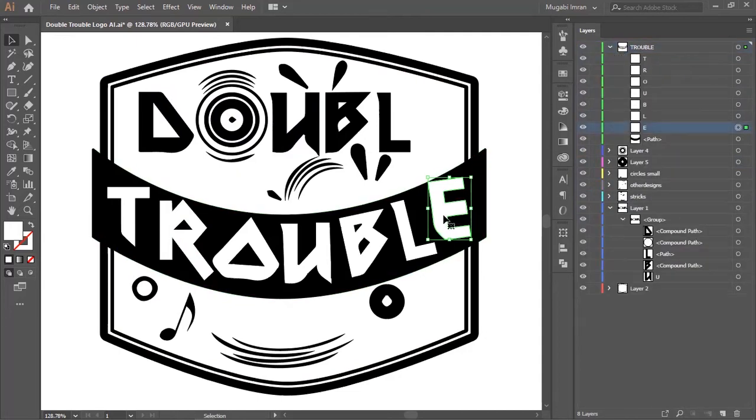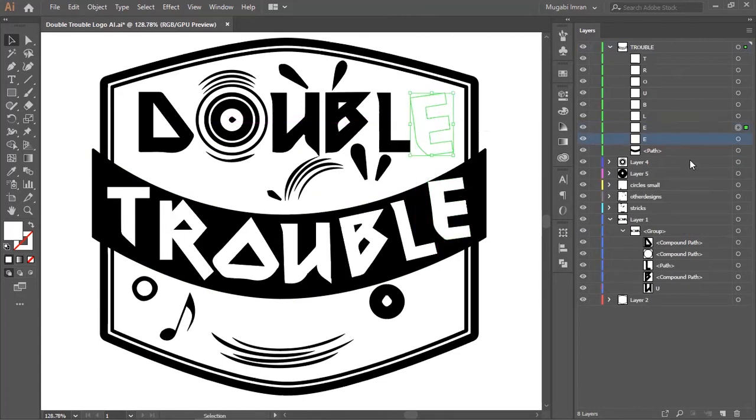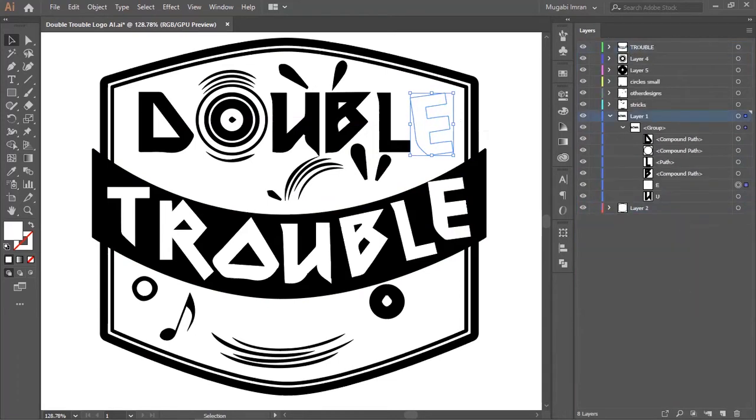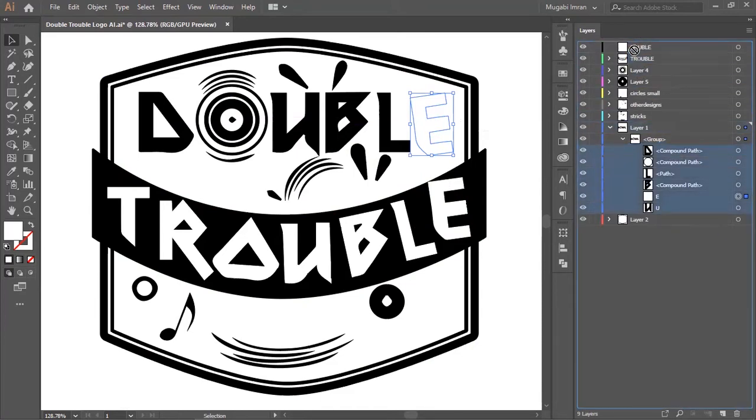You can use Alt click, Alt down, and then you move this one. That's a copy. When you hold down Alt, you make a copy. So we can move this copy on this layer. So we have two layers for double and treble. So I'll just create a new layer up there and call it double and move it at the top and place all these layers there